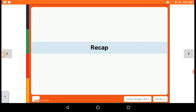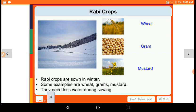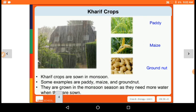अभी हमने फर्स्ट चैप्टर कंप्लीट किया पूरा विथ ऑल द थ्री पार्ट्स। लेट्स फर्स्ट रिकैप ऑल द चैप्टर्स। फर्स्ट चैप्टर वाज क्रॉप प्रोडक्शन एंड मैनेजमेंट, और उसमें हमने देखा राबी क्रॉप्स है जो विंटर में ग्रो हो रहे हैं। उसके एग्जांपल्स वीट, ग्राम एंड मस्टर्ड, एंड दे नीड लेस वाटर ड्यूरिंग सोइंग। पानी की कम ज़रूरत होती है। राबी क्रॉप वो विंटर में ग्रो हो रहे हैं एज़ कम्पेयर टू